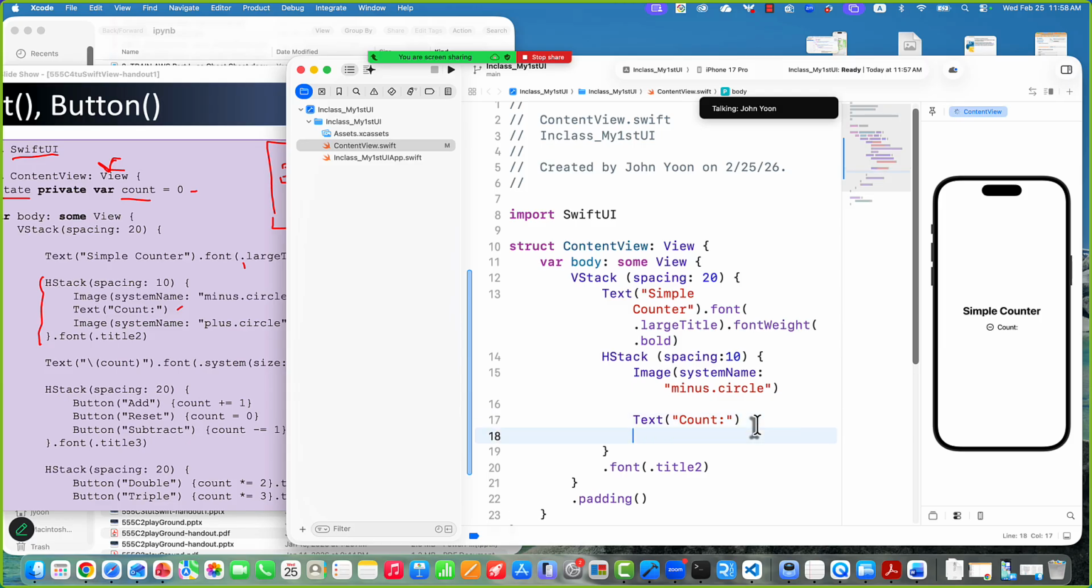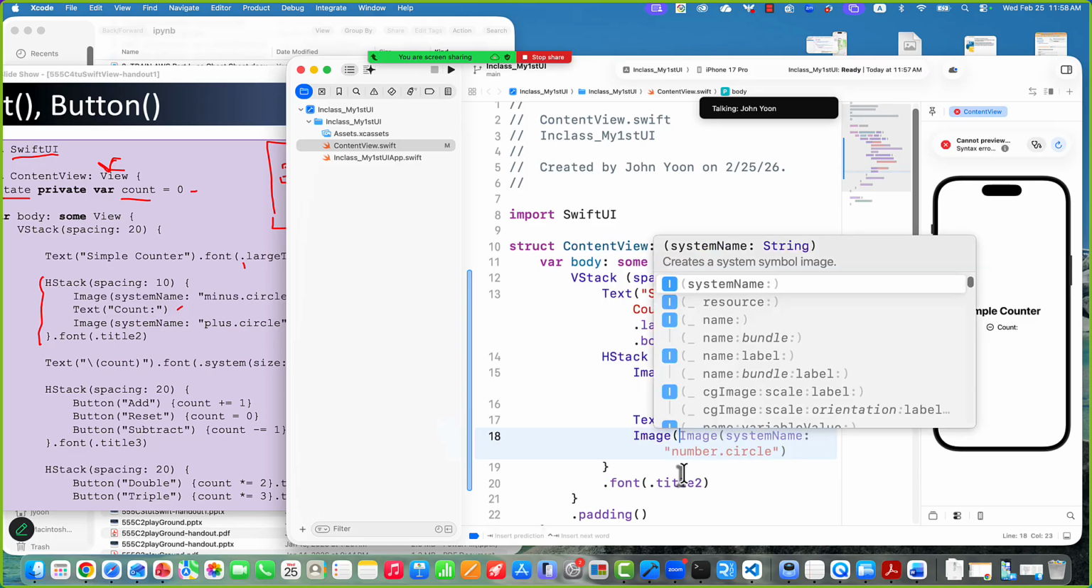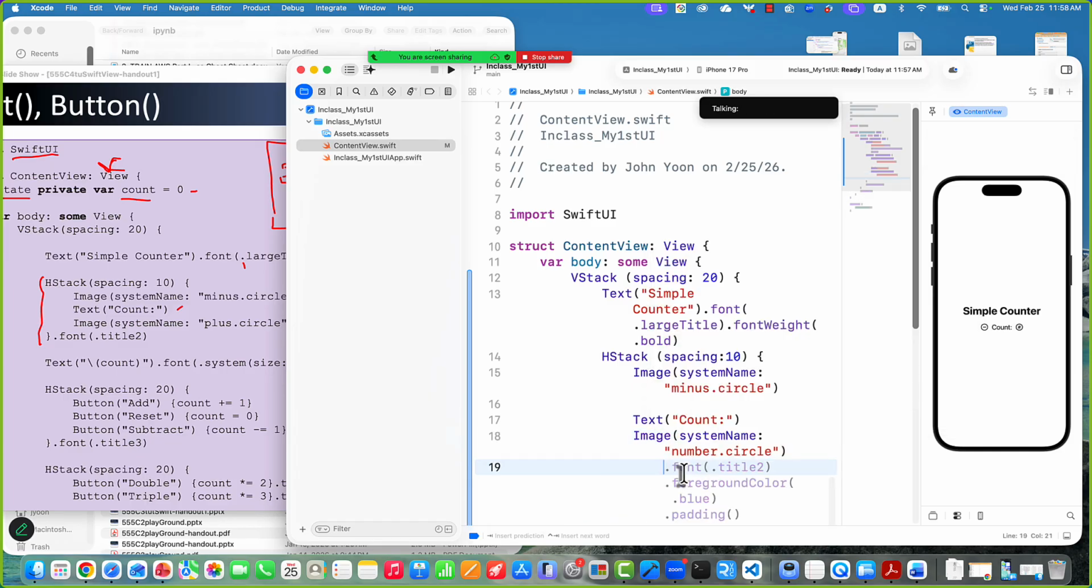And similarly, then I have here minus 1. There's a minus. And then image, and system image, and there's a plus circle. You can see